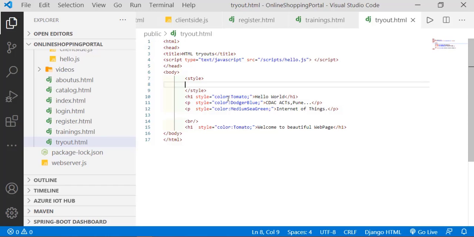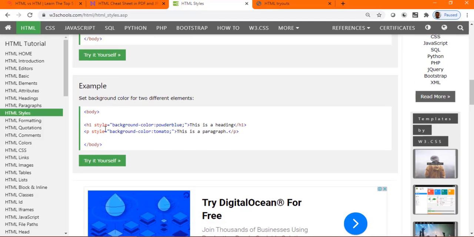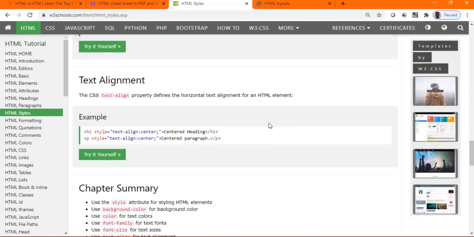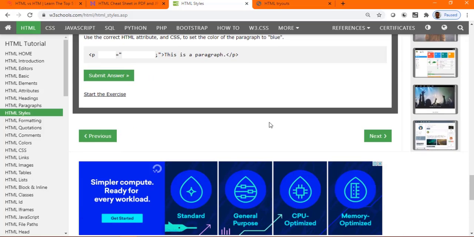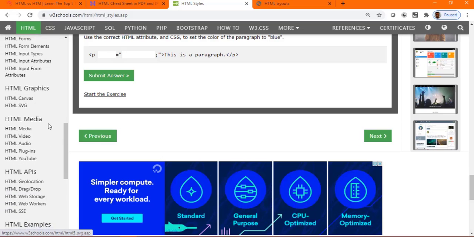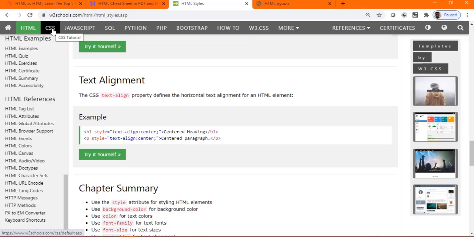So if I go back and look at the browser I'm using and try to see styles here, this is what you are applying: the style at the control level. But we can also apply that style not at the control level, but as a separate element on the top of it. If I scroll somewhere, there are styles to be applied for my application. This style is called CSS style. If you want to find CSS, you can look around here for something called HTML reference and so on. Otherwise you get CSS here. CSS stands for cascading style sheets. If I select cascading style sheets, I'll get CSS.